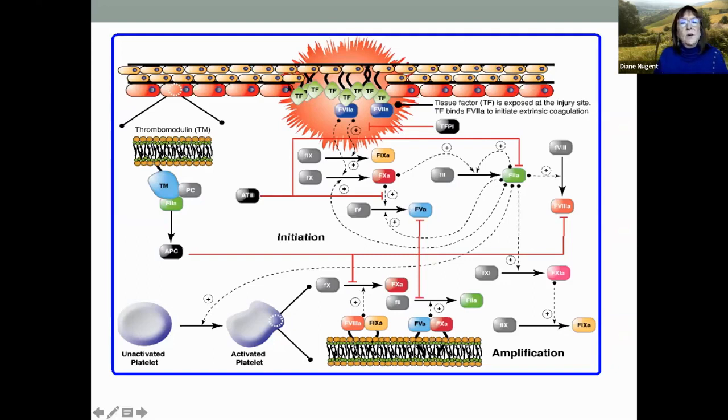And I will go through this in a different way than you're accustomed to reading in textbooks, because if you look at all of the factors and the platelets and the vessel wall working simultaneously, you get a much better understanding than if you just talk about one, the clotting proteins or the platelets or the vessel wall separately, because they're all working together simultaneously,